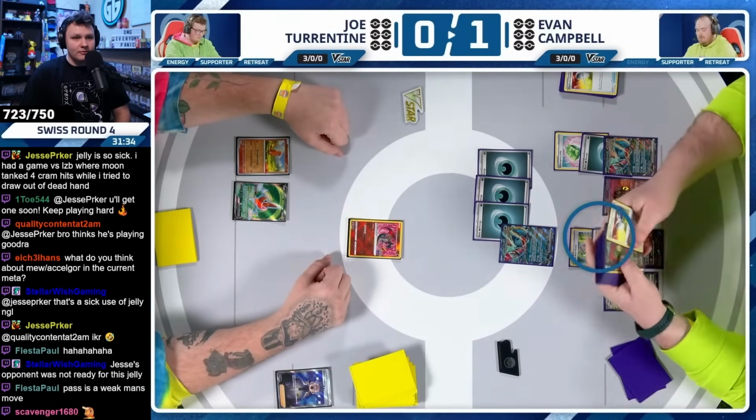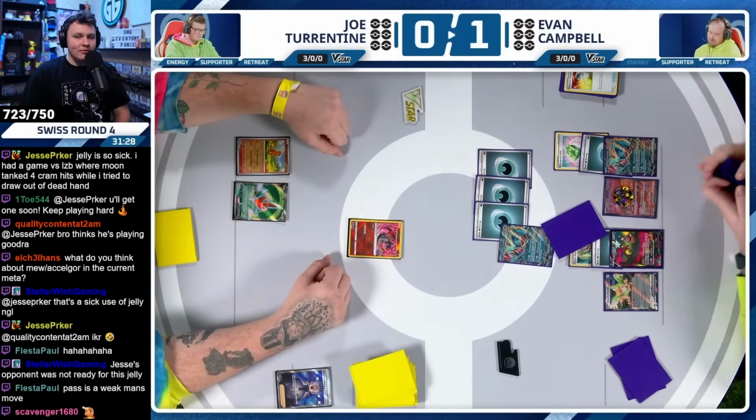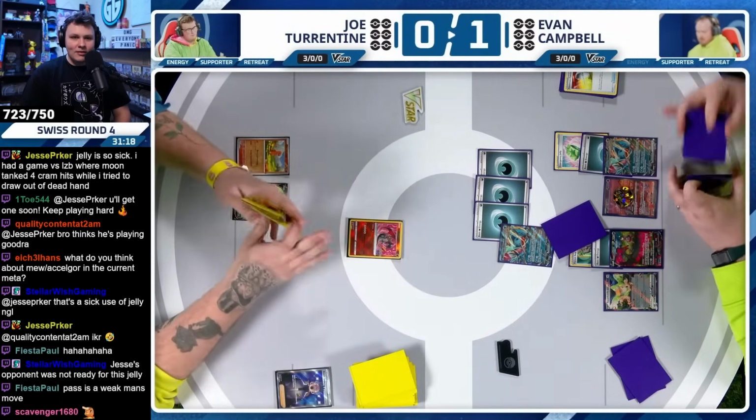V-Star power is happening. Yeah, catcher is grabbed. So it's just going to be try to be a little bit more aggressive still. Just going to go for another catcher. Catcher up the...